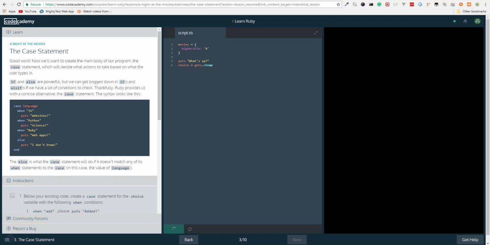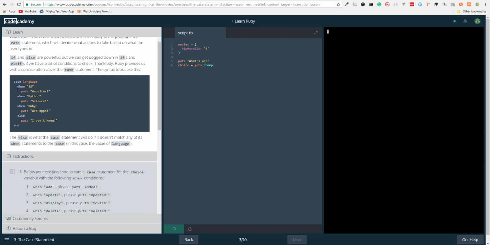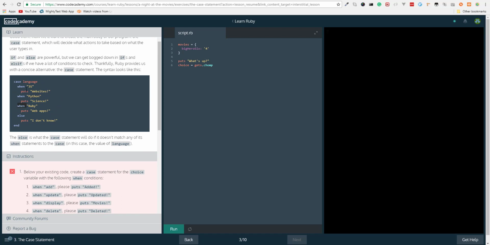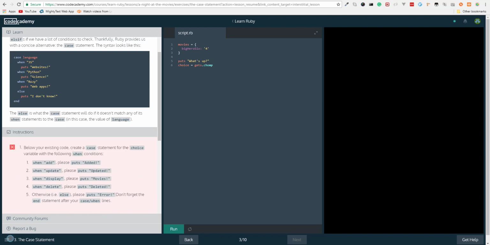So you set your case, which will be a variable, and then you have a whole bunch of basically ifs. So like if language equals JS, do this. If language equals Python, but instead of if, we just say when. So when language is Ruby, we're going to do this, and then we still have the else keyword in the case that